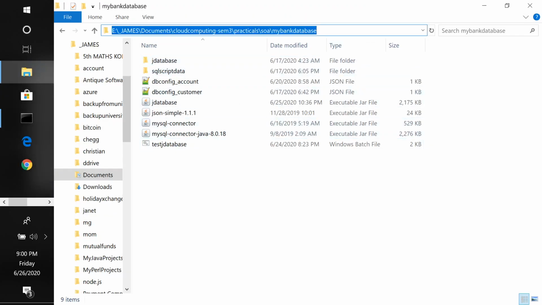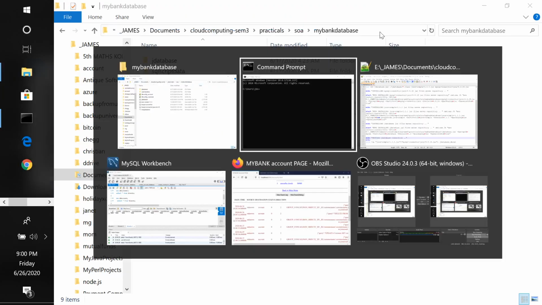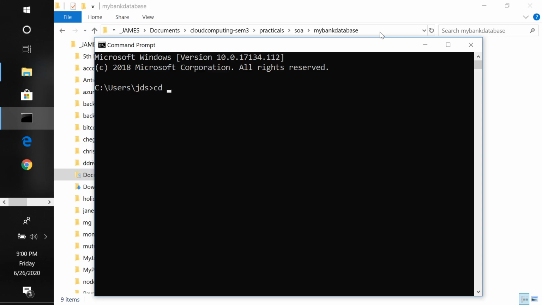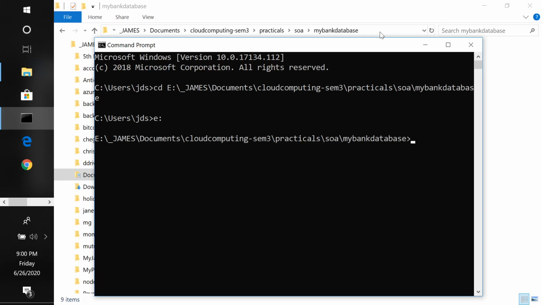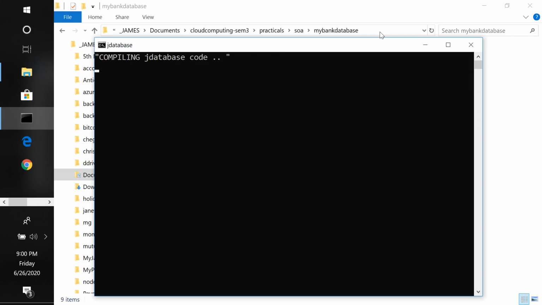First let me show you how bank database is compiled, how I am doing it. I have made it easier for me. In my bank database I just say test J database and it will do everything for me. You see that?